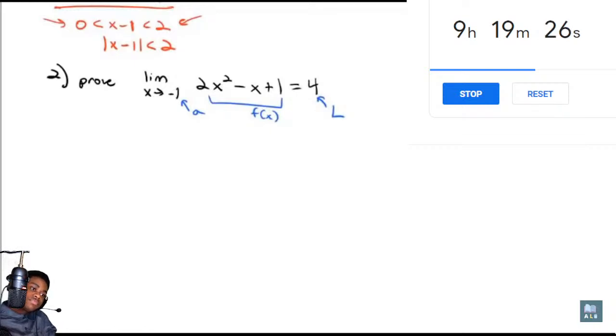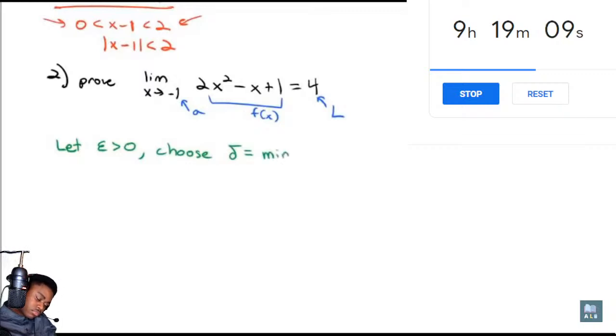The first three statements of our proof are pretty prescribed to us. Let epsilon be greater than 0. We will choose a delta that's equal to, we don't know exactly what it equals yet, but we do know because this is a quadratic, we're going to do the minimum of 1 and something, the reciprocal of whatever delta